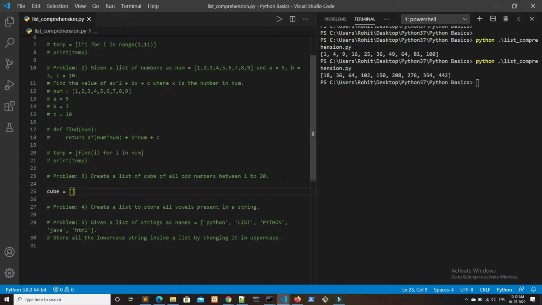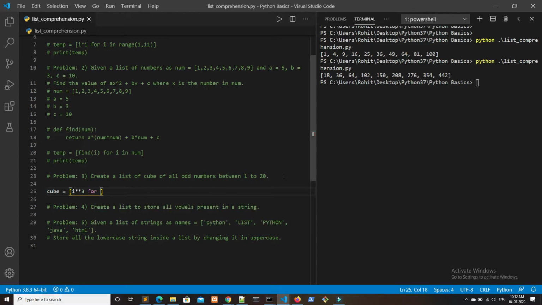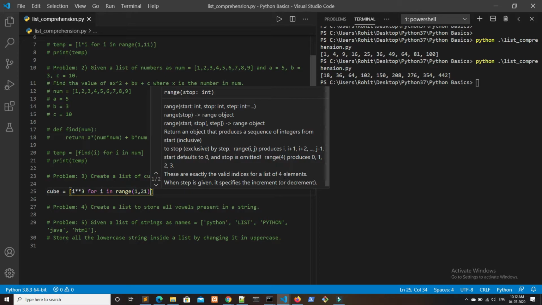So we write i double star 3. This will create a cube of that number, that is i cube, and this i will be coming from the range 1 to 20. So we have to use here for loop, for i in range 1 to 21, because 21 will not be included, so it will go from 1 to 20.